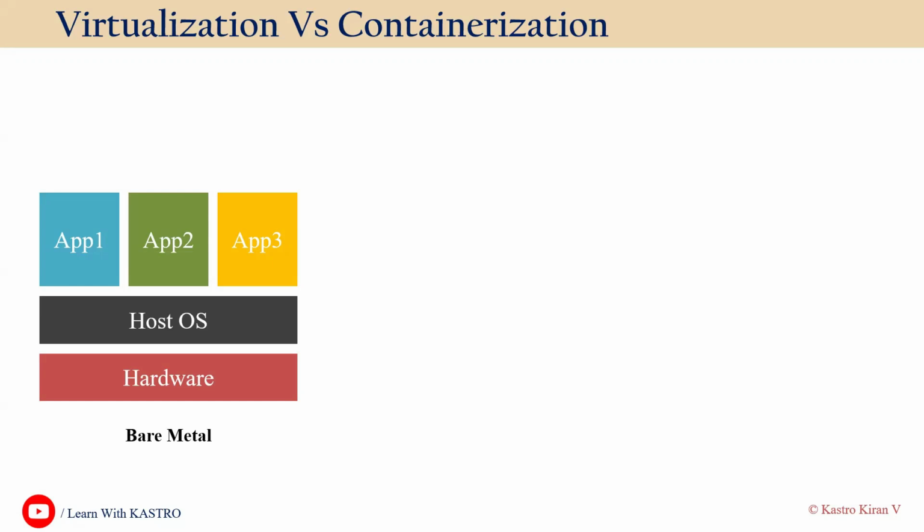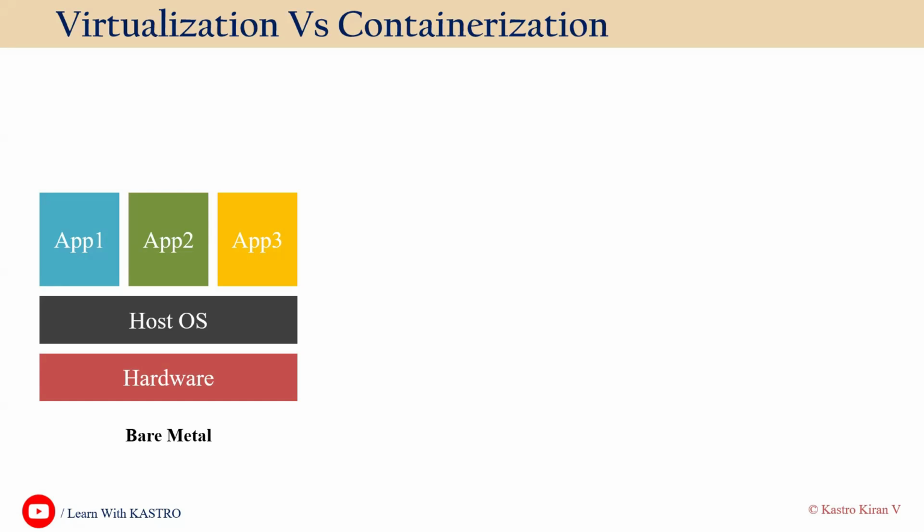So that operating system is called the host operating system. Now, once you have the operating system, we can install games, we can install MS Office, we can install multiple applications, whatever is required. That's called the bare metal server, or it is also called bare metal. This is the first thing that was there before virtualization came into the picture: bare metal.